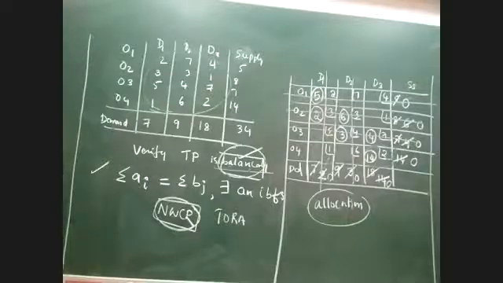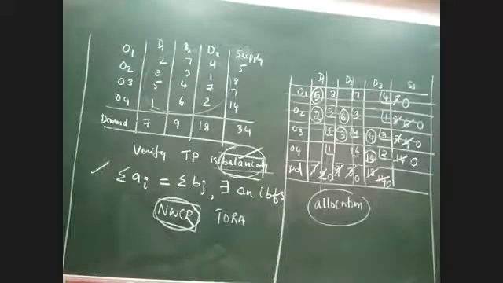Very good. Question number 3. Which row or column should be removed from allocation? The one which is zero value. The one which becomes 0 has to be removed from further allocations. It cannot be considered for further allocations. Very good. And finally, up to where should the allocation be continued?